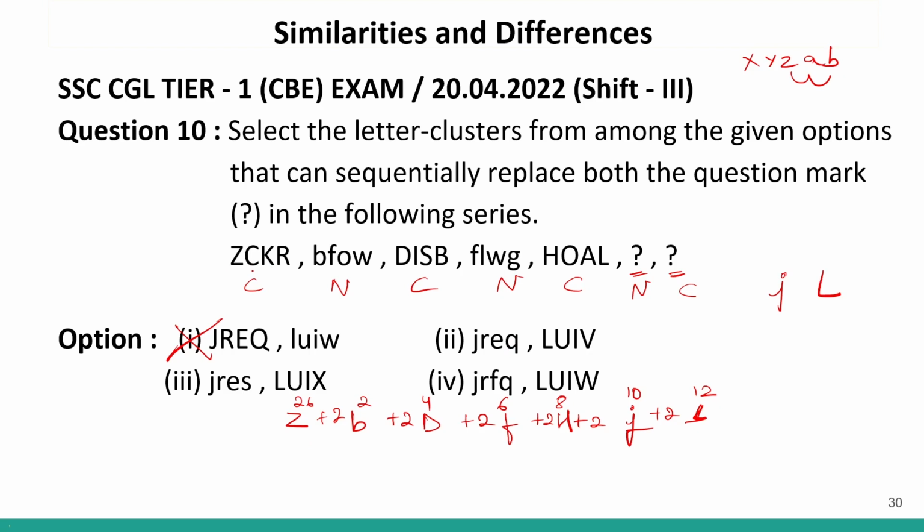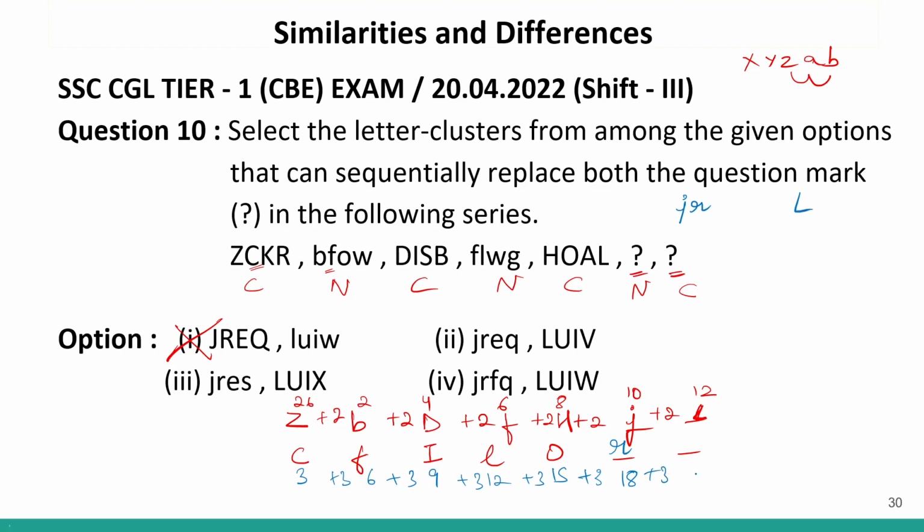Now, let us look at the second term. This is CF. Okay, so C, then F, then I, then L, then O, and then two terms we have to find out. Now I'm giving them ranks. C is 3, F is 6, I is 9, L is 12, O is 15. So clearly addition of 3. So the next addition of 3 will give me the 18th rank. And at the 18th rank we have R. So small r. So J and then R.